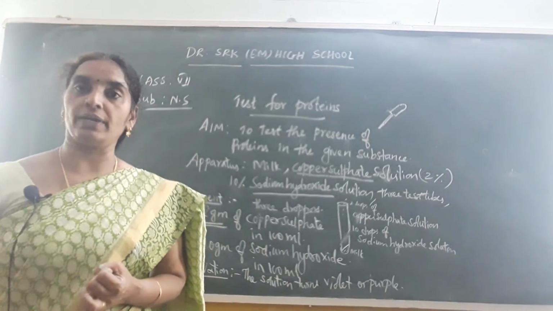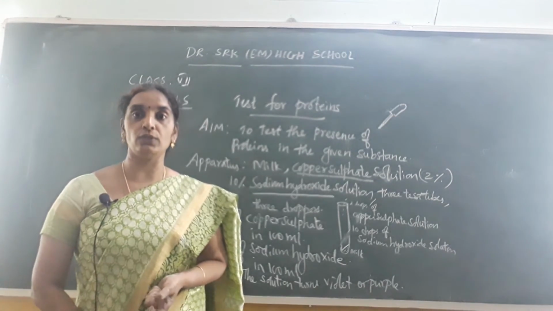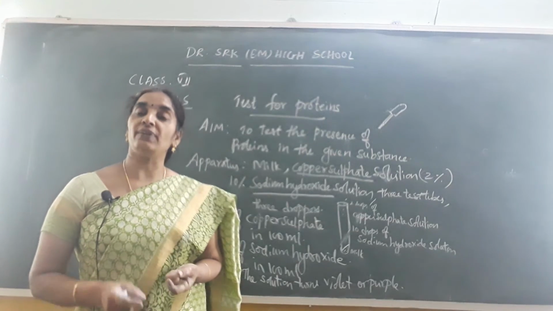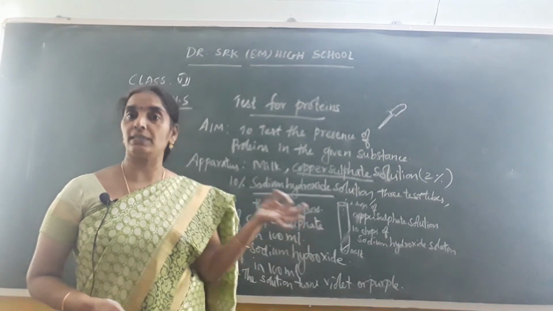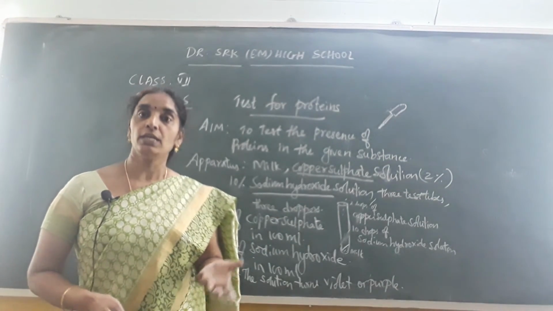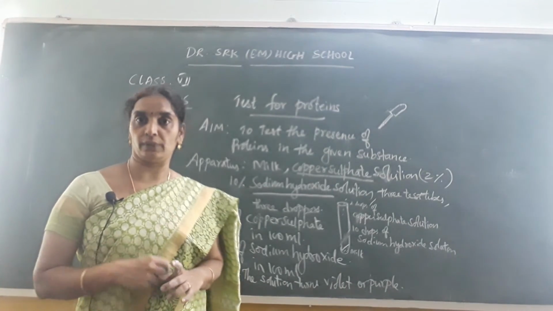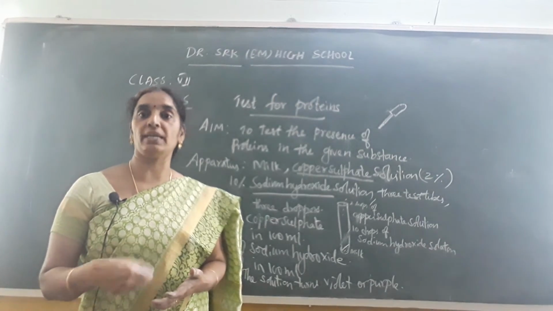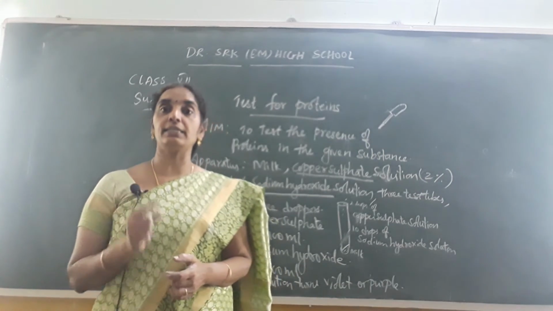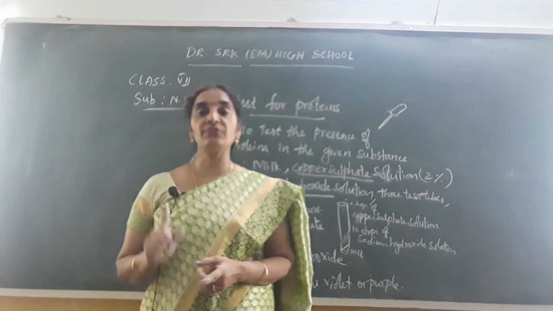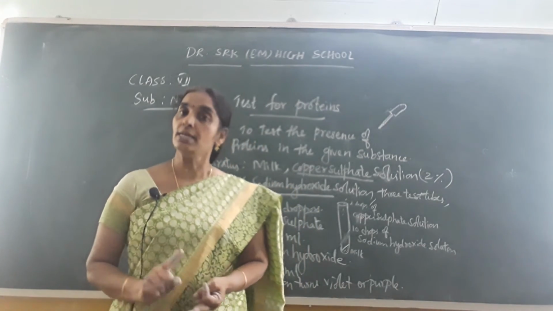In the test for carbohydrates, I said that you have taken dilute iodine solution. When you add dilute iodine solution to this sample substance, if it is a tuber, you can smash it or cut it into 2 halves and add these drops over it. If it is a grain, you have to make it into fine powder and then a paste, mixing water in it to make a fine paste, and then add the dilute iodine solution. Then you can find the result, whether it turns dark blue or black. If it turns dark blue or black, then only we can confirm the presence of carbohydrates in that particular substance.